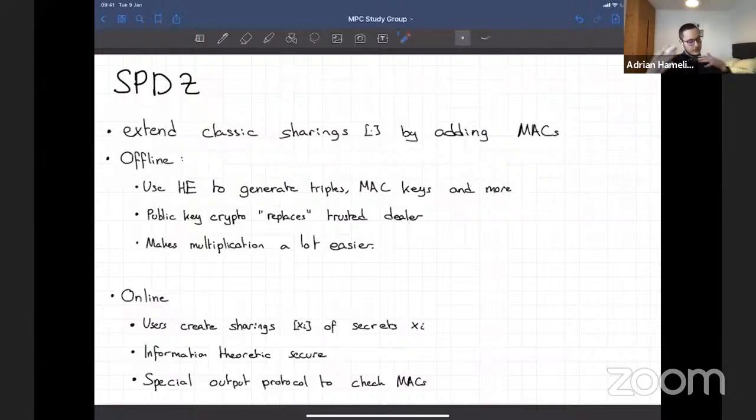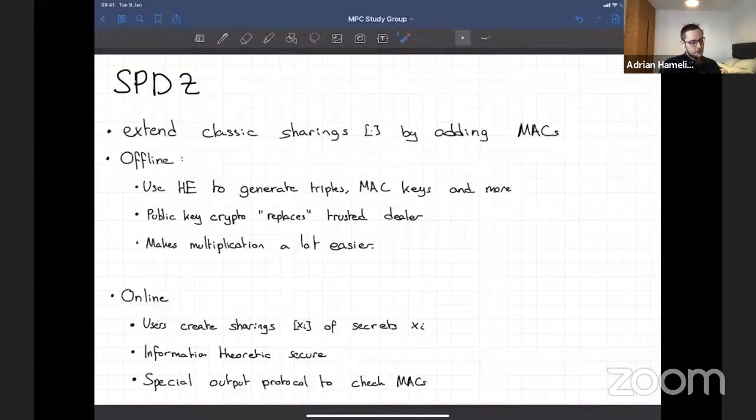SPDZ works in two phases, the online and offline phase. This is because for multiplication, for example, you use this Beaver circuit randomization technique, which allows you to hide the inputs and compute a multiplication of two secret sharings securely without revealing anything. This relies on multiplication triples, and generating them is quite expensive.